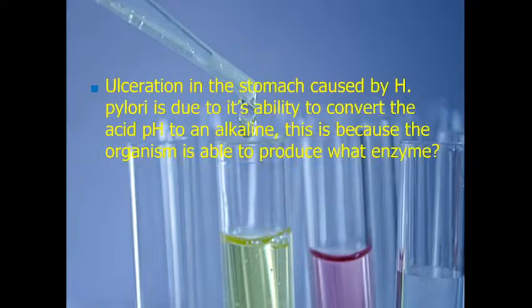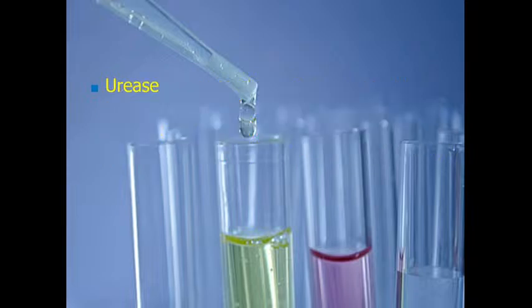All right, now ulcerations in the stomach caused by H. pylori are due to its ability to convert acid pH to an alkaline pH. This is because the organism is able to produce what enzyme? It's actually urease. Okay, so it's one of the reasons why